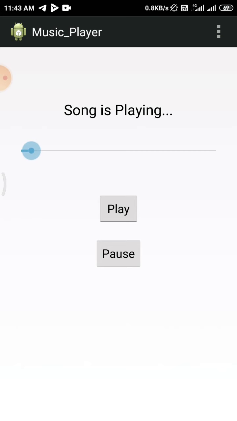In between you can pause the song. On the same basis you can forward the song also. Play. In this way you can create or select your own song for this music player. Care must be taken that whichever mp3 song you have selected, it should be stored in the same folder as you have created.